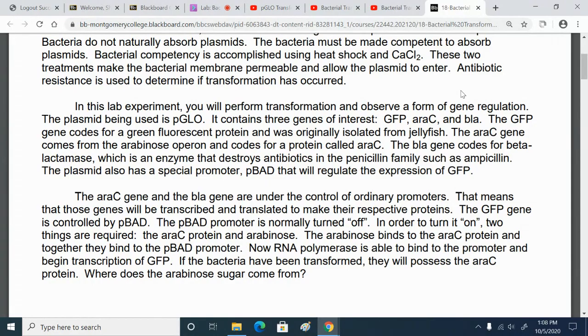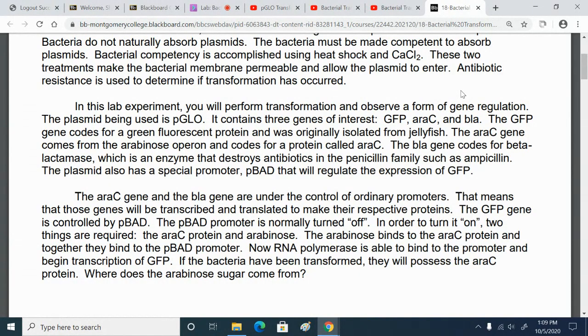And when it comes to the regulation of gene expression, that's one of the things we're going to explore today. So not only will we observe simple transformation and antibiotic resistance, we're also going to explore the regulation of gene expression. Because as we're going to see, not all of the transformed bacteria will produce the green fluorescent protein. Even though they have that gene, it is going to be turned off. And the reason why that gene is turned off is because the green fluorescent protein gene is under the control of a special promoter,